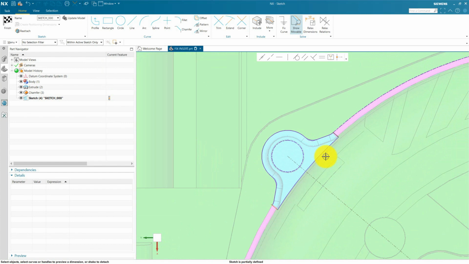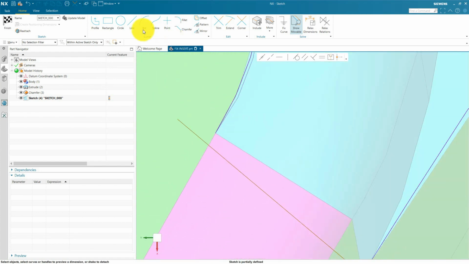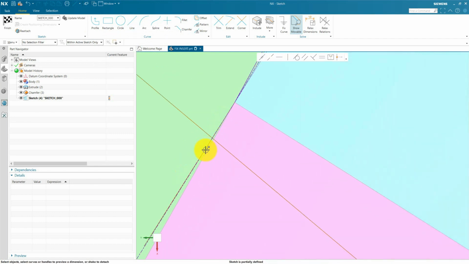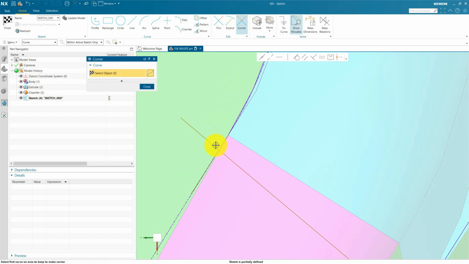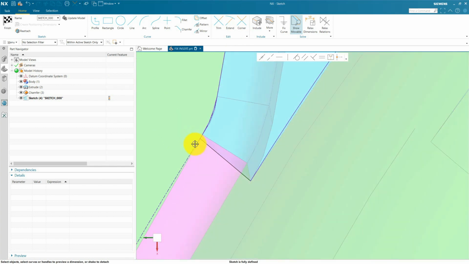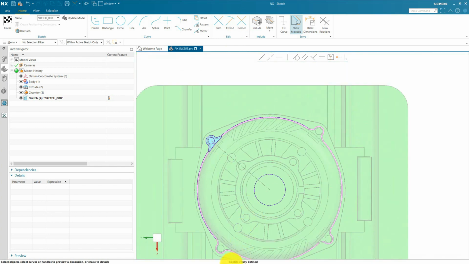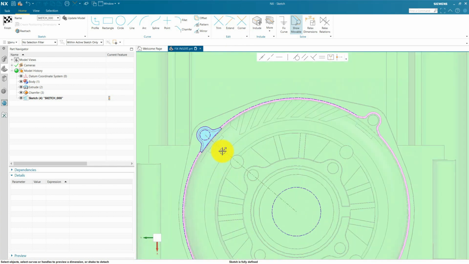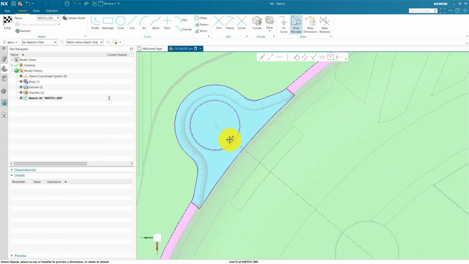Okay, extend, select a point, apply tangent constraint with this curve and make a corner, this and this. Press OK. Now you can see here the sketch is fully defined. So finish this sketch,